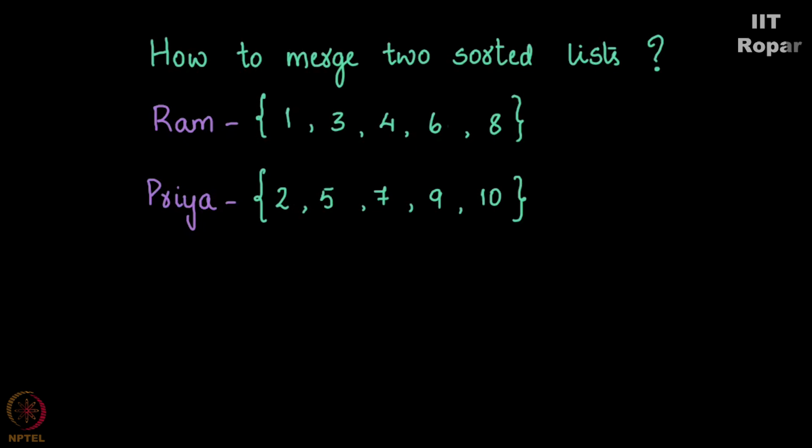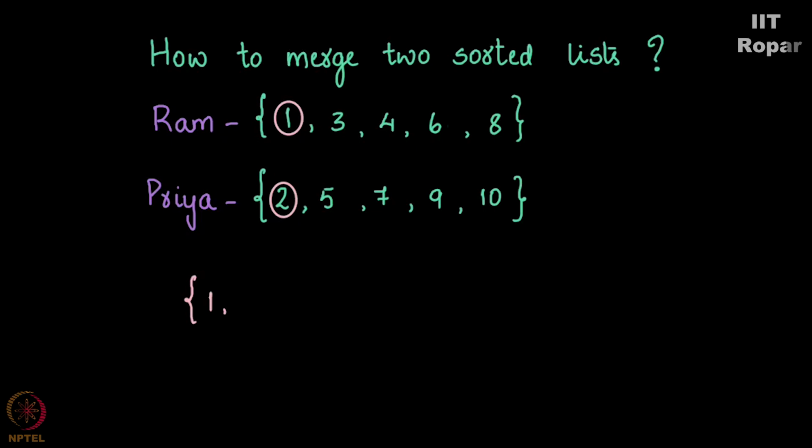Let me employ a nice technique. Look at this 1 and 2, the topmost. The least one should be one of the two. Correct? Why? Think about it. You should answer it. The least should be one of these two, 1 and 2. So 1 is the least. I write that down here and say the first element of the bigger list in its sorted order is confirmed. It is going to be 1.